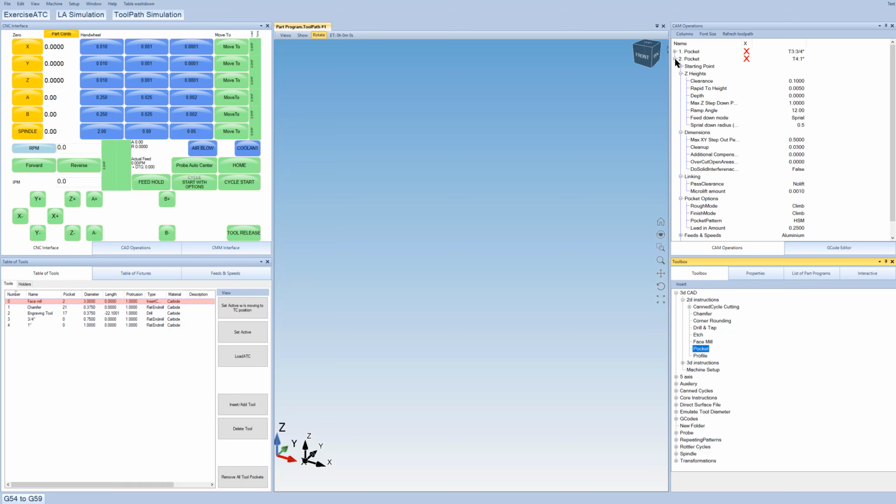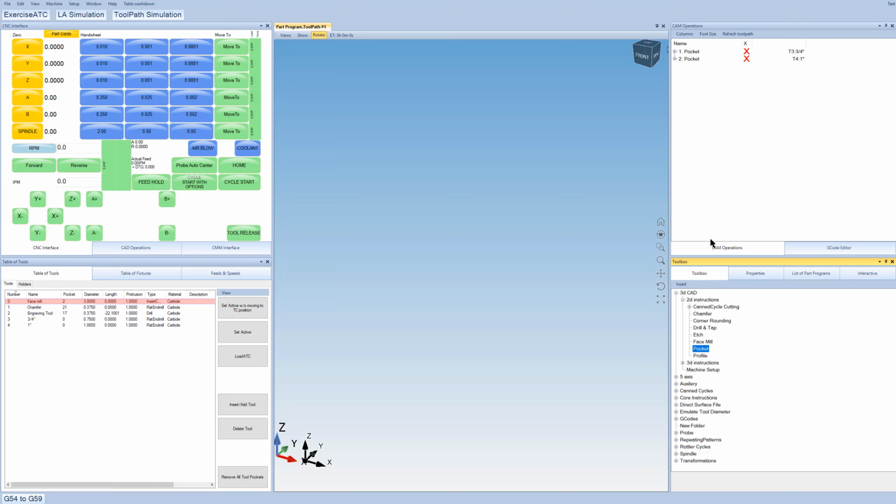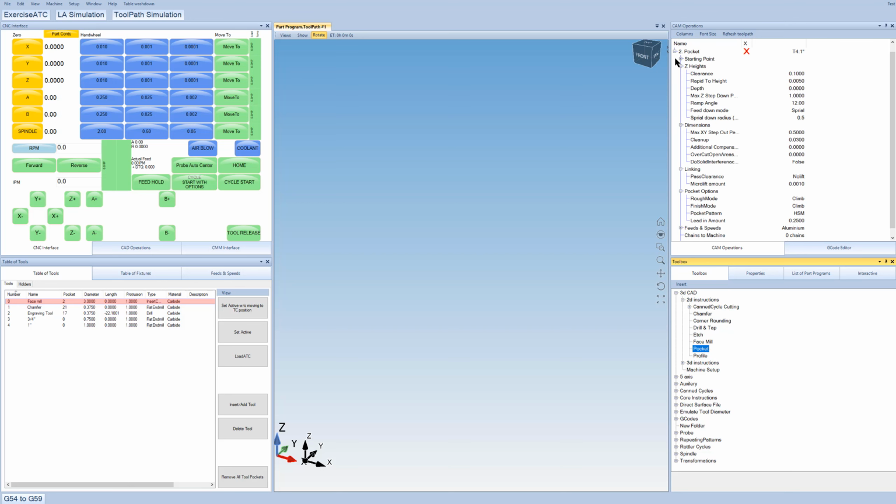So, and this works not for all properties in an instruction, but just for the properties that we feel best apply. Something like the depth, you would not want that to copy over, because in one CAD drawing, you might want to take the selected geometry and go down, say 1/2 inch or something like that. But that's really specific to that particular file. That's not something that's global. But something like the step over probably is global, and you want it to tag along